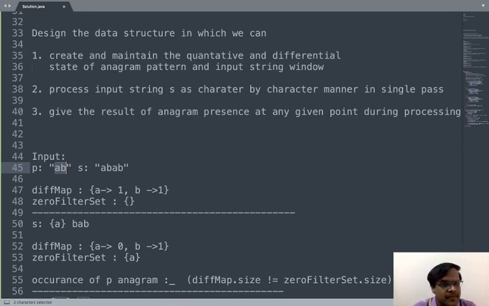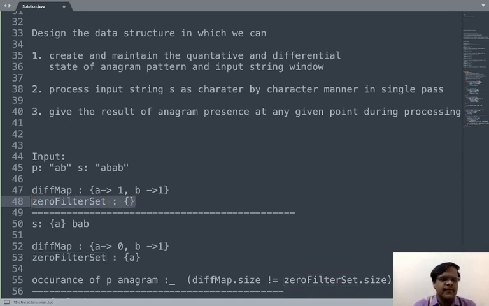Let's take an example in which the anagram pattern is AB and the input string is ABAB. We initialize a map using the anagram pattern, in which A's count is 1 and B's count is also 1. We haven't created a window yet, so we have one empty set, which we can name the zero filter set.